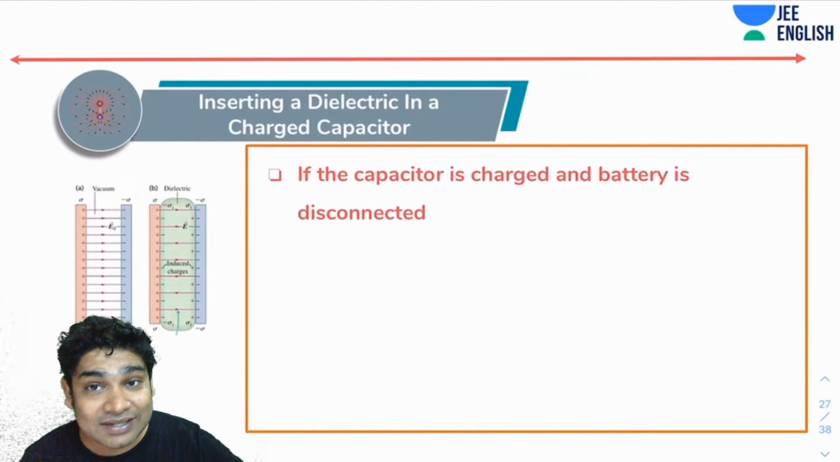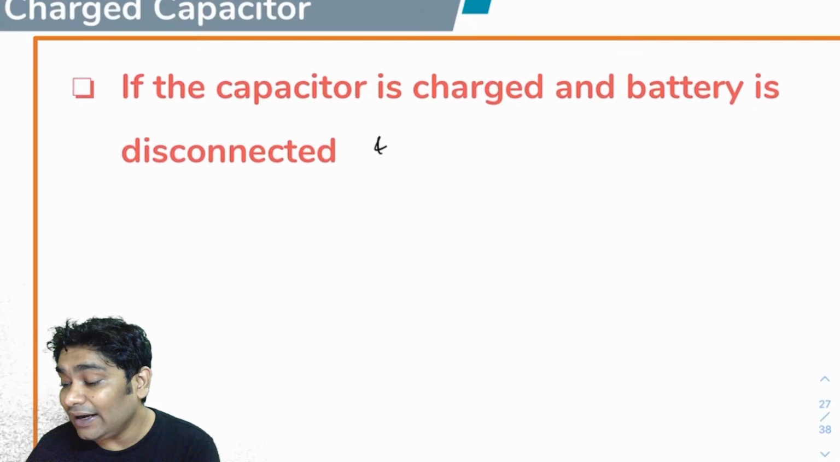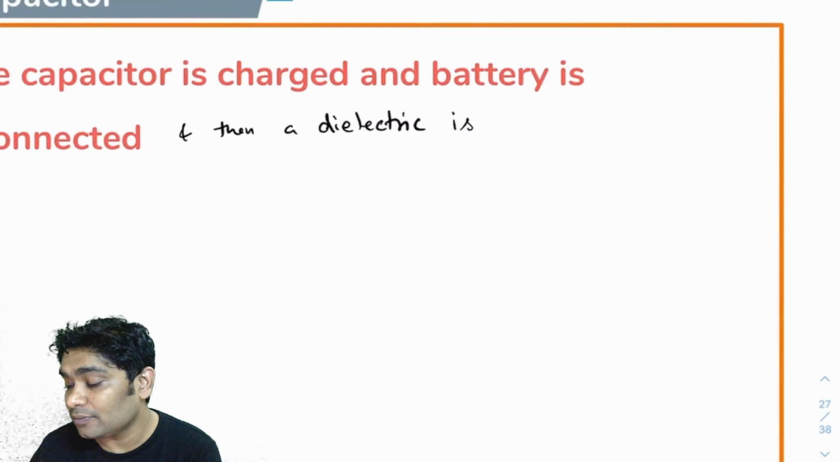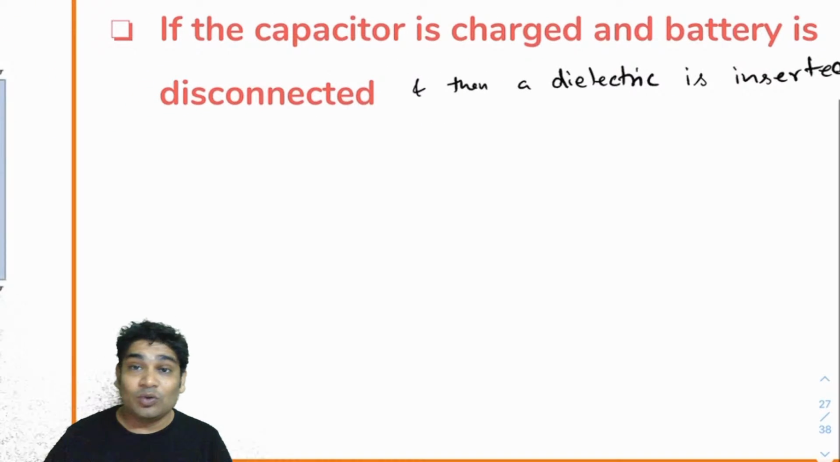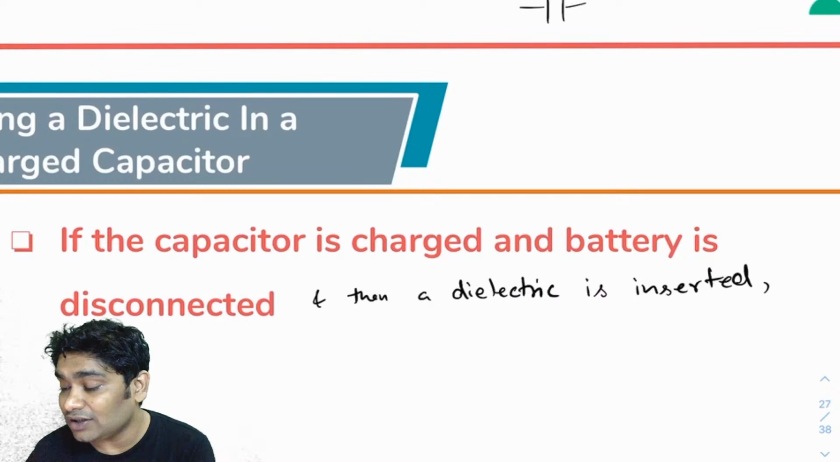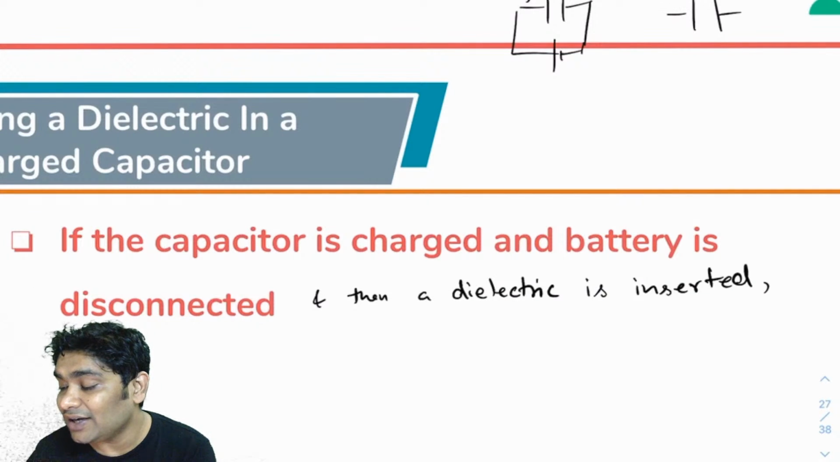Next, what happens if the capacitor is charged and the battery is disconnected, and then a dielectric is inserted? Now what happens? Imagine you charge this with a battery, it got some Q charge, it got some V potential. Now if you disconnect this, it'll still have a Q charge. And now when you are inserting a dielectric,